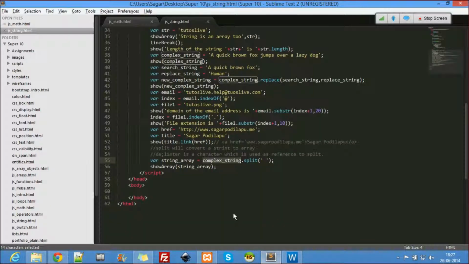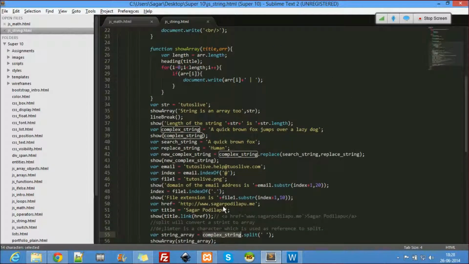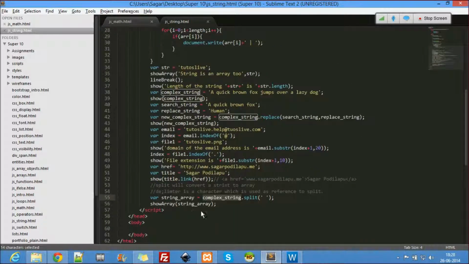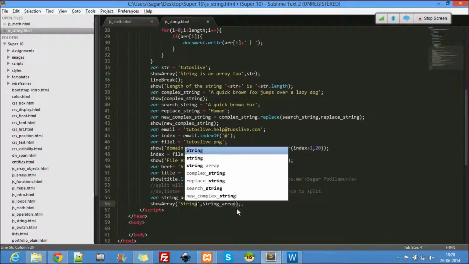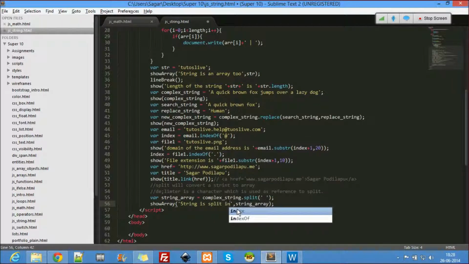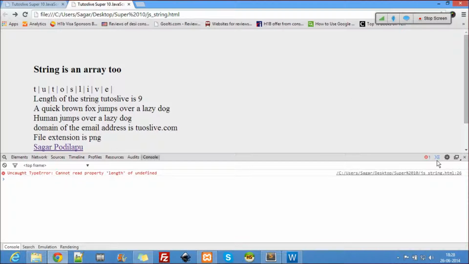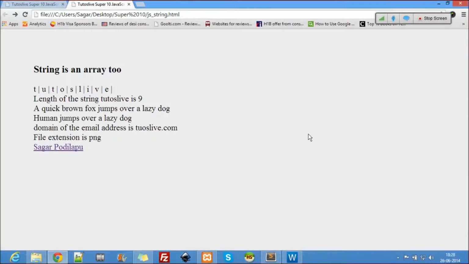Oh, we need a title here. The string is split into an array. That's the reason. See that? There is a space everywhere, and it just split into each word.